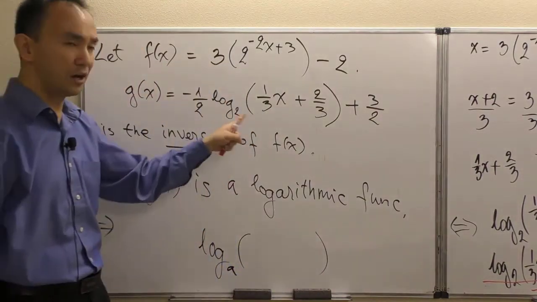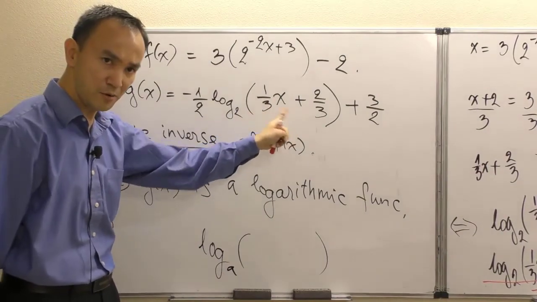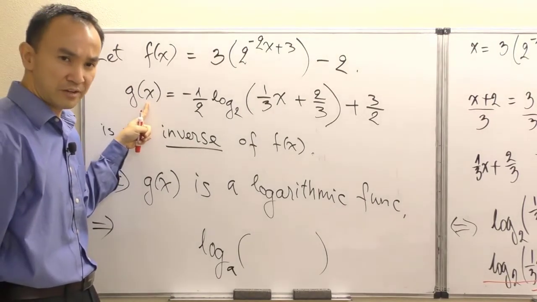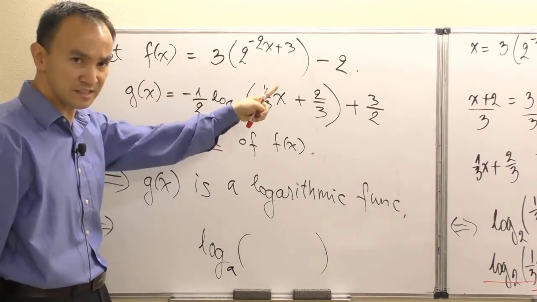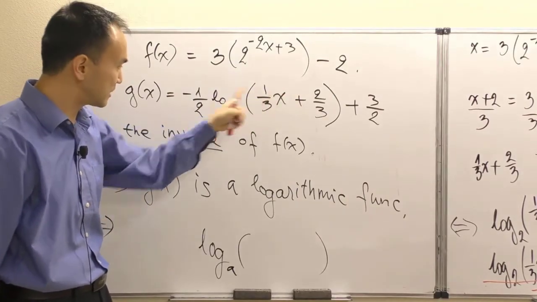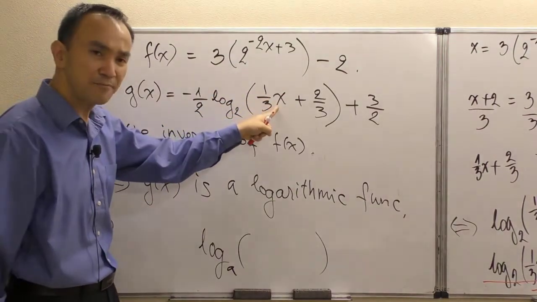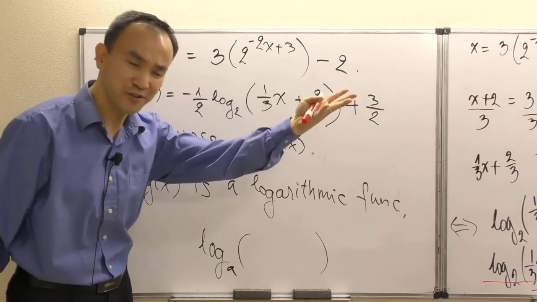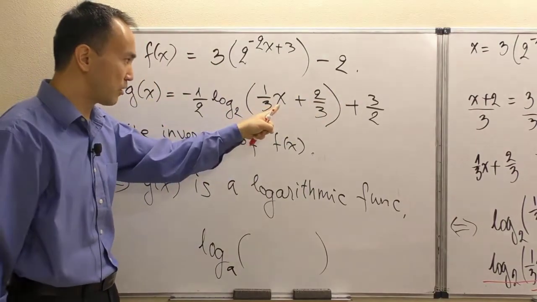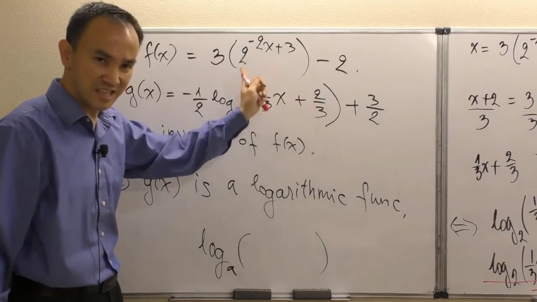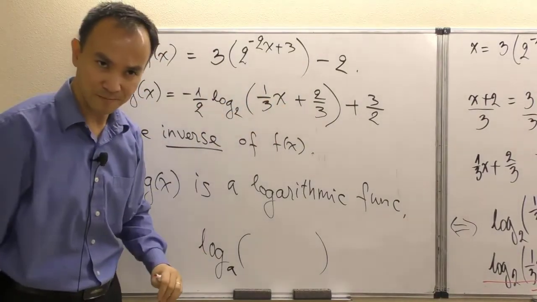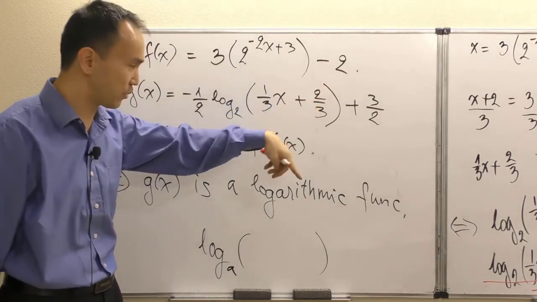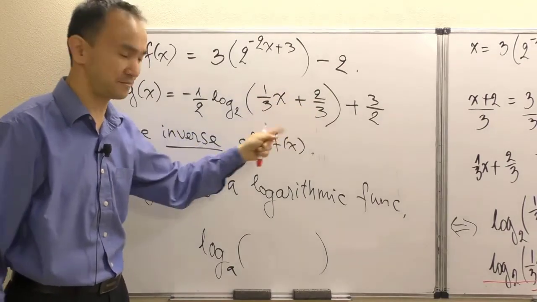But inside of the logarithm, the argument of the log here is a lot more than just one simple input. Think about this function right here. Once we have been given an input, it's not going to directly take the logarithm of the input itself. It's going to take the logarithm of the input after the input times 1/3 plus 2/3. See, I said after. That means once we have been given an input, we have to go input times 1/3 and then plus 2/3. And then after that, we take the log. So in other words, the whole expression here is more than just a simple input. The whole expression here being a linear